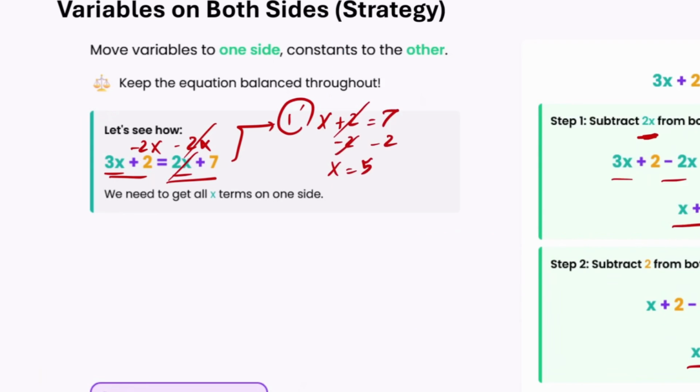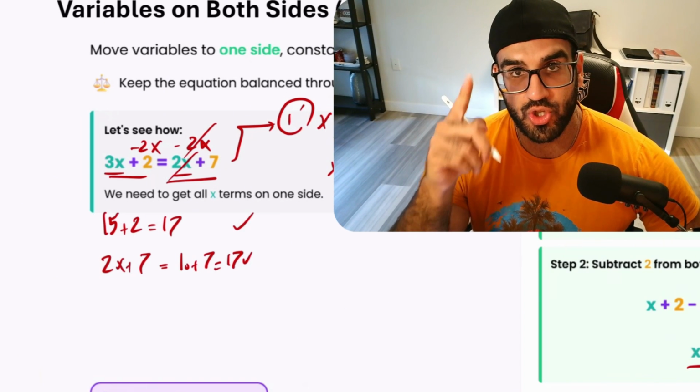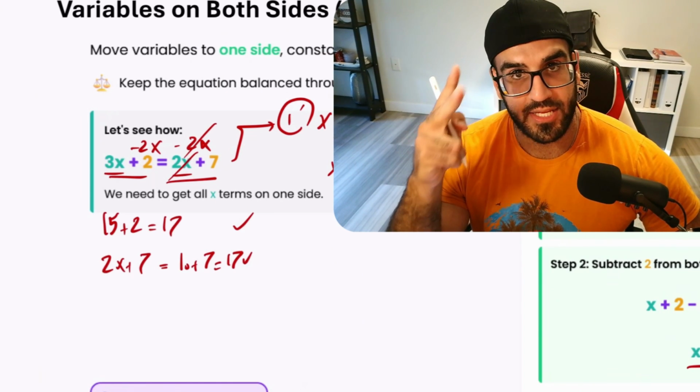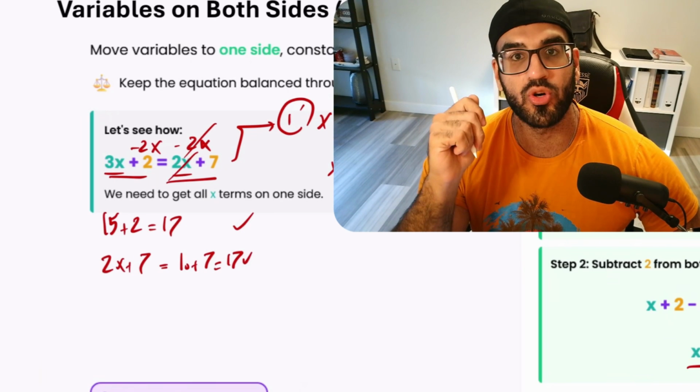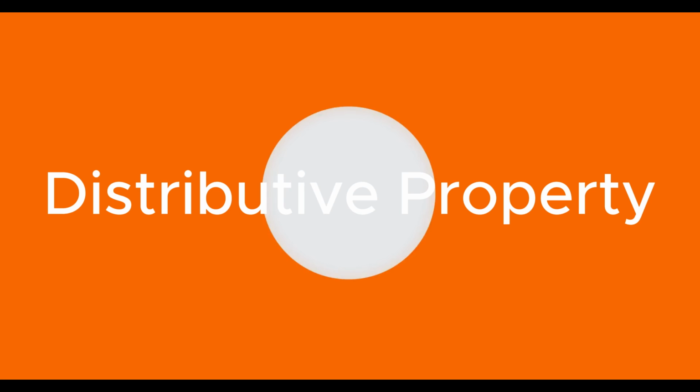So what do I have over here? I do have x equals 5, 3x is 15, plus 2 is equal to 17. Okay, this is a number. 2x plus 7 is equal to 10 plus 7, 17. Right now, I'm 100% sure the number that I found was right. The way that I did it was completely right. I'm going to get the full mark. So after that